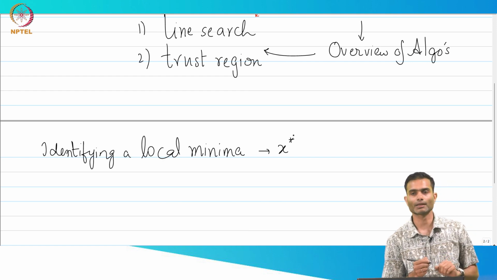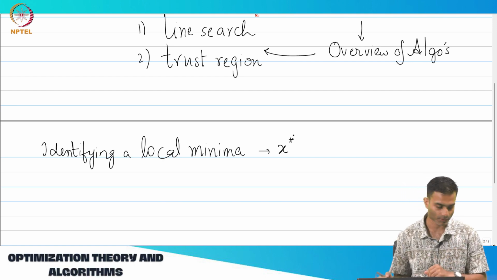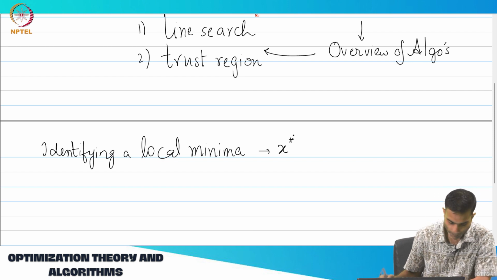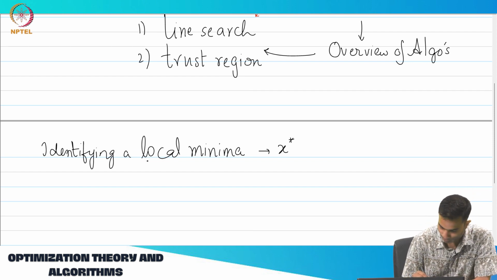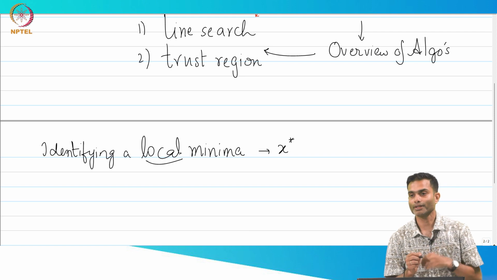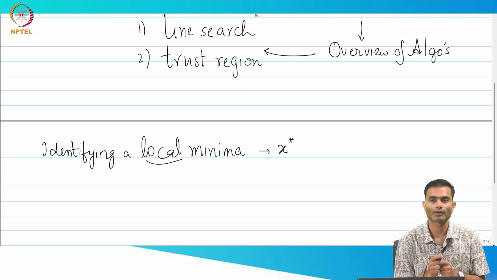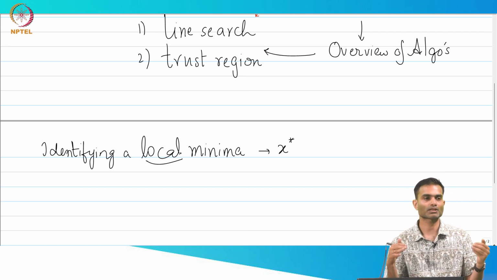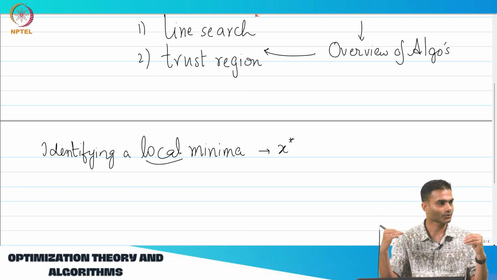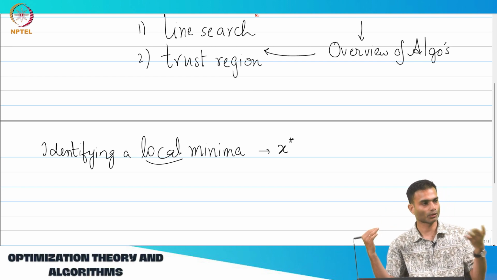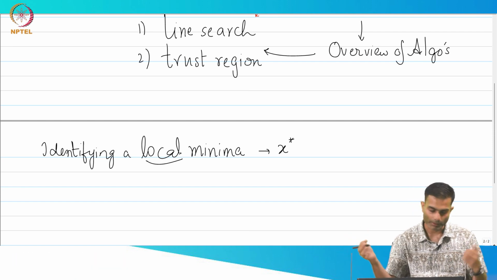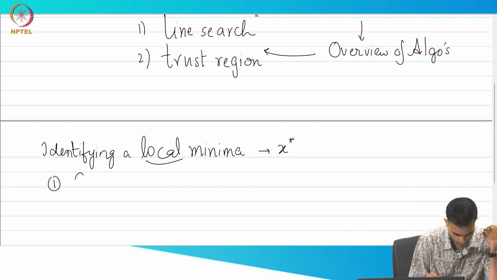So if you see x star, in general, it denotes this point, which is a local minima. And because I've already given you a hint that there may be multiple minimas, there must be some hierarchy of minimas, right? So the hierarchies are local minima, and the best of all minimas, what would you call it? Global minima, right? So the global minimizer